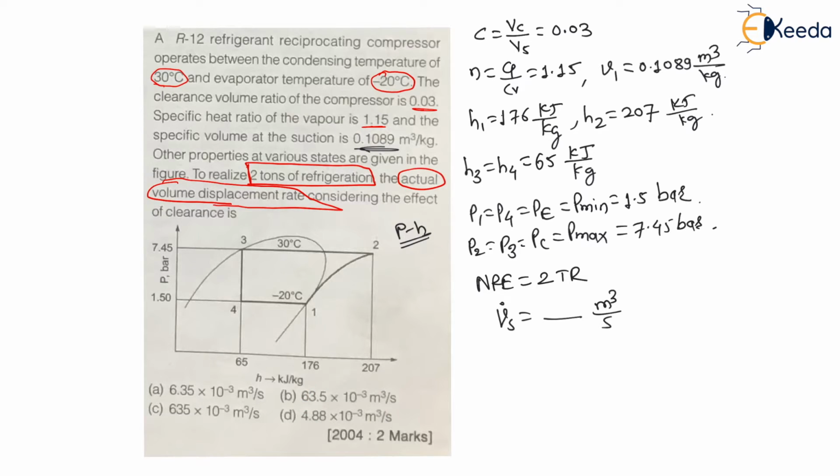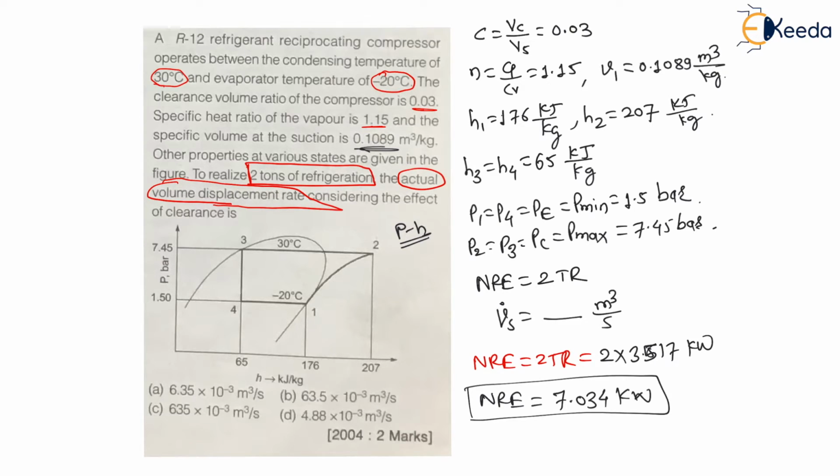So let us solve this question. Now, my dear students, they have provided you the net refrigerating effect in tons of refrigeration, which is 2 tons. If I want to convert into kilowatt, then I have to multiply with 3.517. Therefore, it will be 2 into 3.517 kilowatt. This value will be in kilowatt. Let us find this value. Therefore, net refrigerating effect will be equal to 7.034 kilowatt.